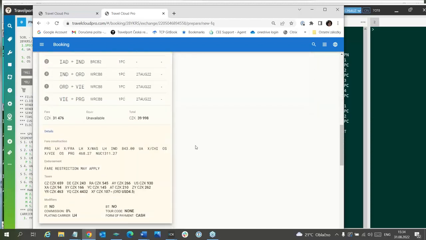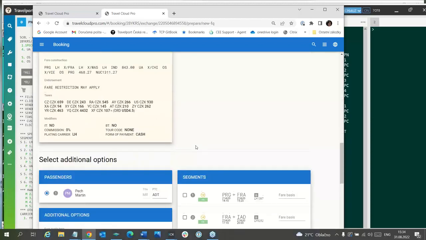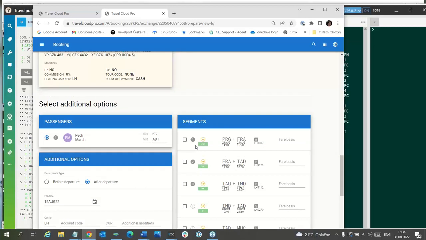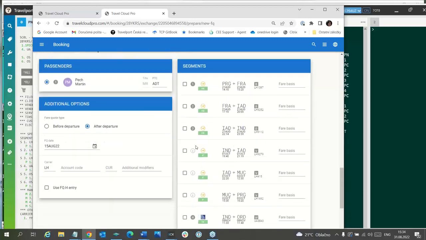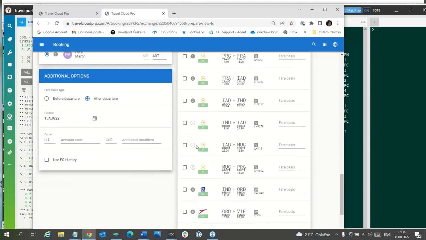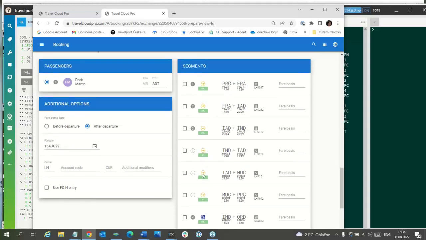So we will start with new fare quote, because it is a partly used ticket. So even if it is a partly used ticket, and on the new ticket there will be only segments from Indianapolis, you have to mark also these flown segments, because you need to have new fare calculation from the origin.